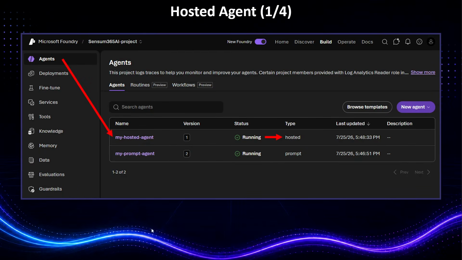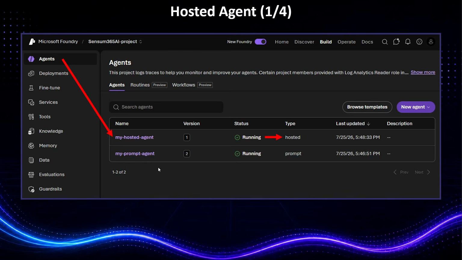So hosted agents are a little like prompt agents, but they are now hosted, not controlled by the portal, but just hosted, meaning it's your code running up there, but they host it and wrap it inside the portal, so we get the traces and the monitoring and all these things without the portal itself needing to know anything.